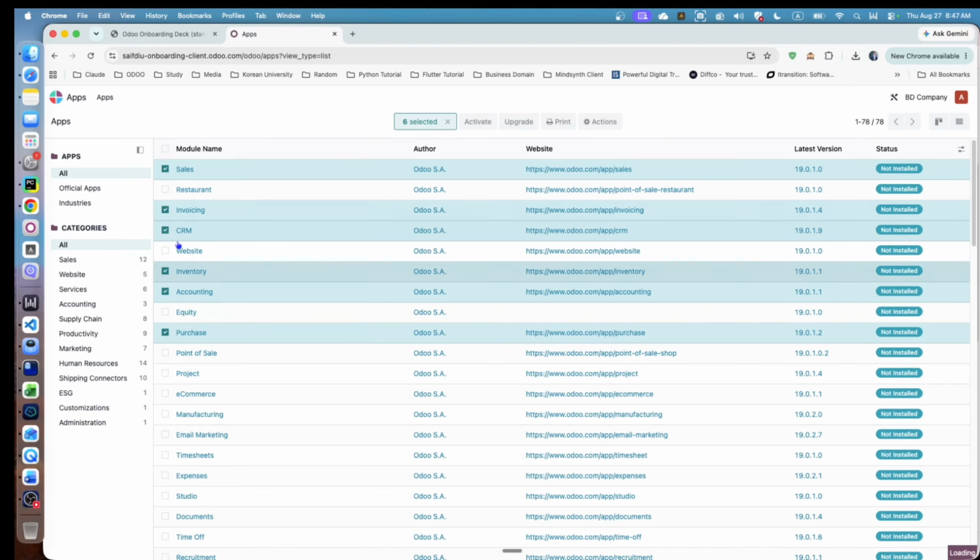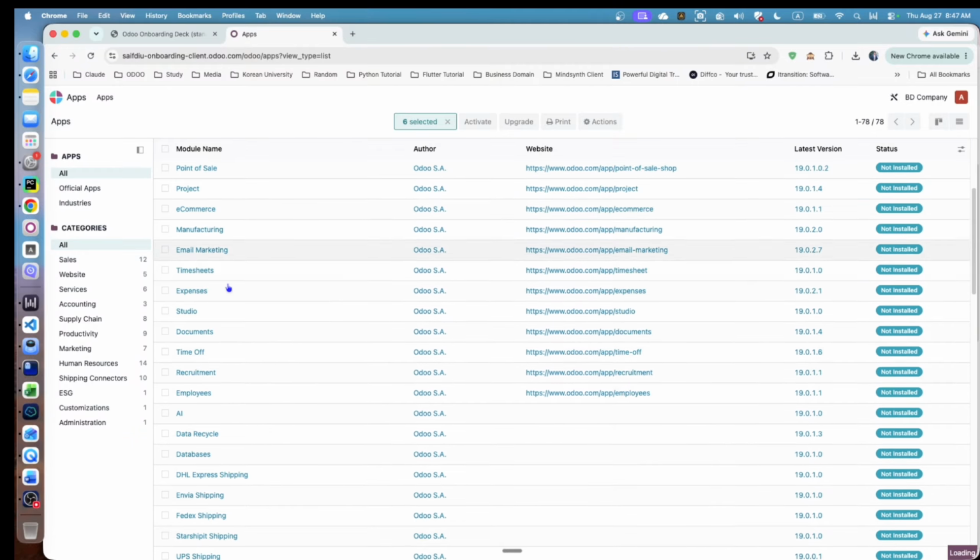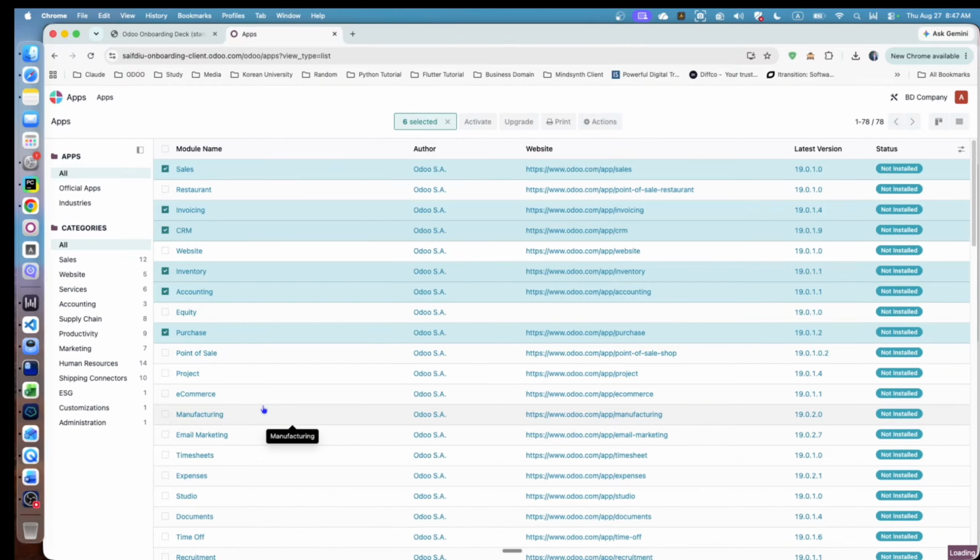Okay, so the modules that I'm installing now also need to be identified. I should not install all the available modules that are in Odoo, right? Because then when the customer logs in, they will see a lot of modules. Some modules are not necessary, some are not relevant to their business, so it will cause issues. It will bring unnecessary questions to you as a functional owner, like, what should we do with this module? Do we really need that, or do we need to adapt any business process here? So it is better to install what is actually needed, so that when the customer logs in, they see just the modules they need as per their requirements. Okay,